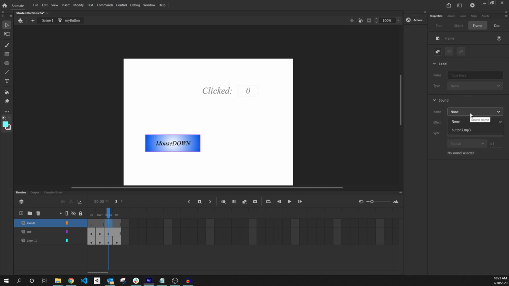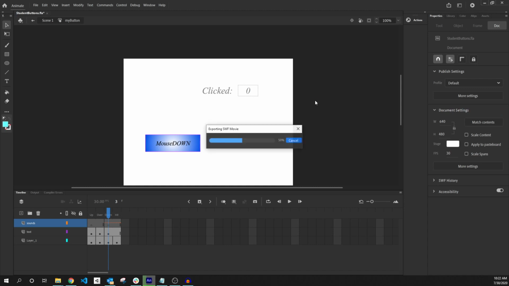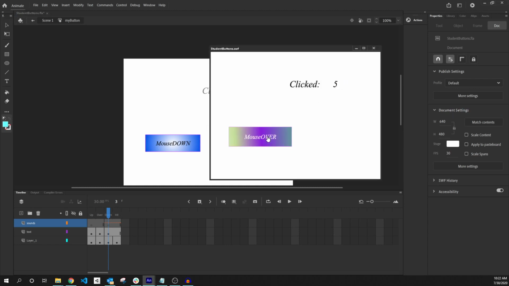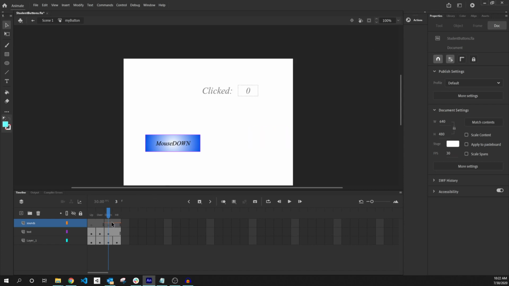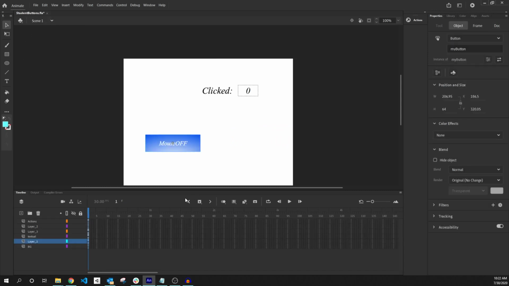You see right here you have a sound option, and since we only have one valid sound in our library, we just go and pick that. We can leave everything else alone, and if we just go ahead and run this, obviously it works the way that we want it to. So we're good. All that's fine and dandy. That's the easiest way to do it, and obviously you can do the same type of thing for the other button states. But now for our sound toggle, so we can play a background sound,